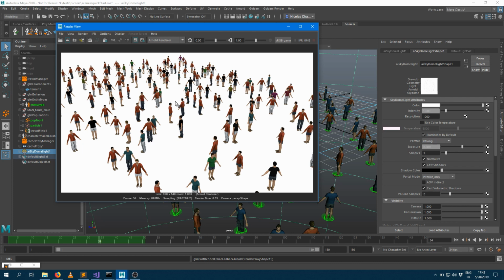Here we go. As I said, you can see my characters have some shading variation on the t-shirt. They also have some shading variation on the pants. Some have white pants, some have jean pants, which are not really available in the viewport, but you can see the whole variation here. So, okay, that's pretty good.